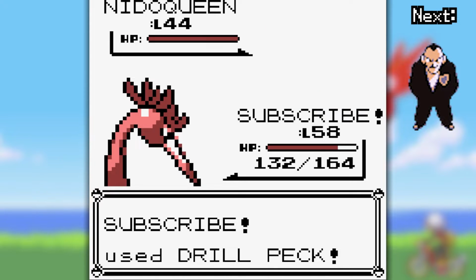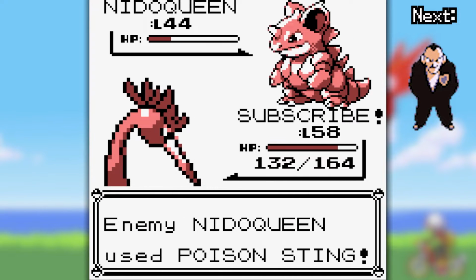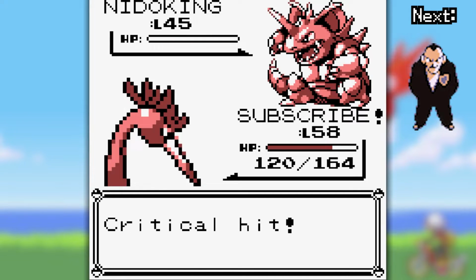Next is Nidoqueen. We Drill Peck it for 2/3 of its health. Then he hits a weak Poison Sting. I say that as I pray for it to not poison me. Thankfully it didn't. We take it out the turn after. Nidoking is his 4th mon, and we hit a crit Drill Peck, one-shotting it, and then his last mon is